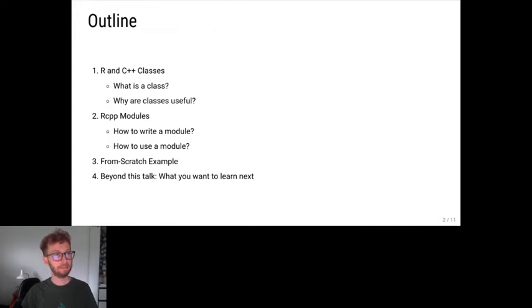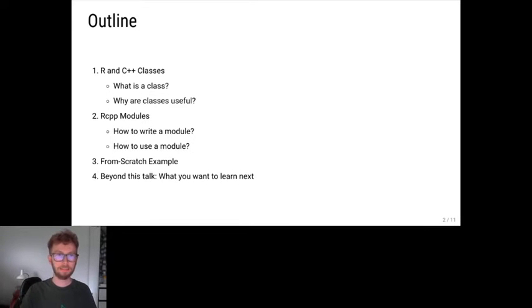So let's start with classes in R. In R, classes are kind of special because you have those S3, S4, and reference classes, and most of you probably know those S3 classes. So consider the code on the right side. You have this vector x, and then if you call class on x, it returns you the class, and in this case, it's just integer from 1 to 10. And then if you call some functions on this class, like sum or mean,